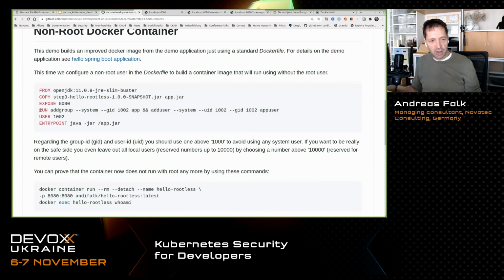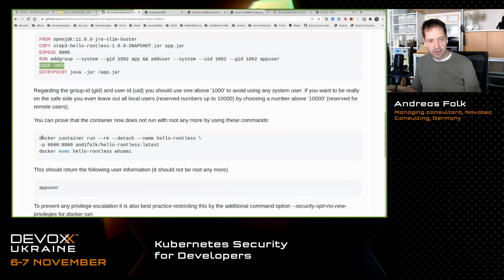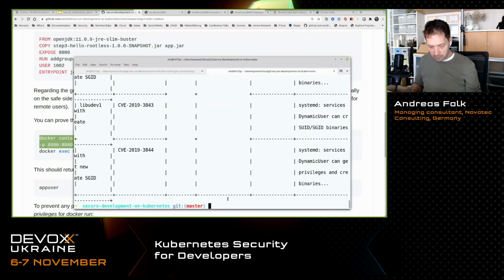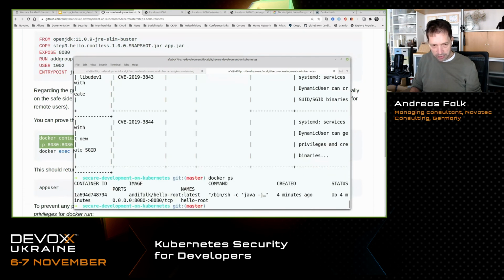What I've changed here is that I added the user and I'm using that user with that user ID. So now if I would run that command here with the rootless Docker image, before that I have to stop the old one.